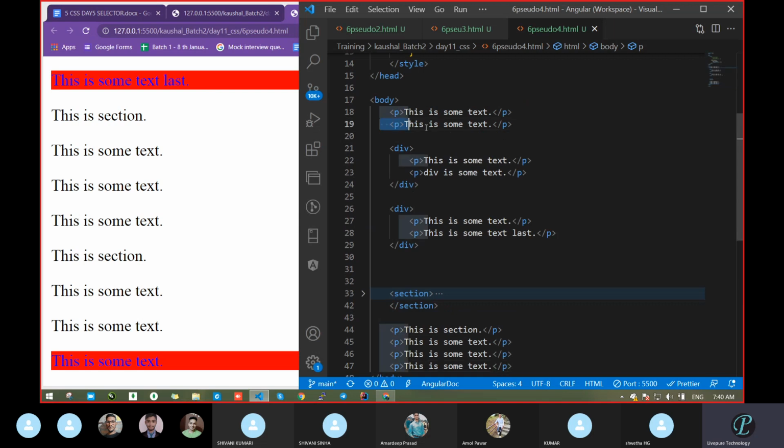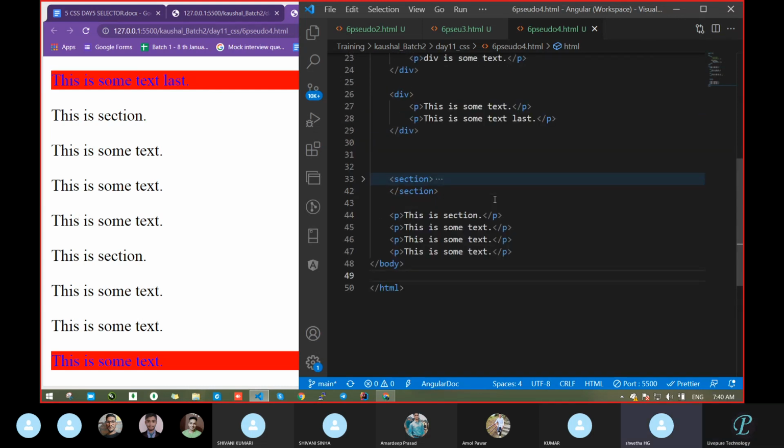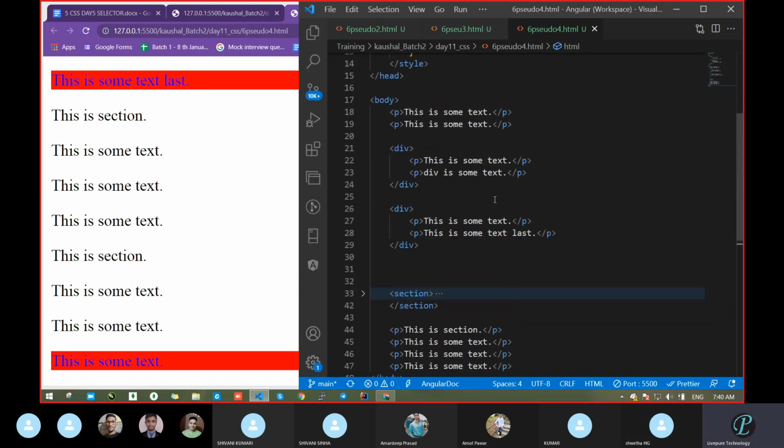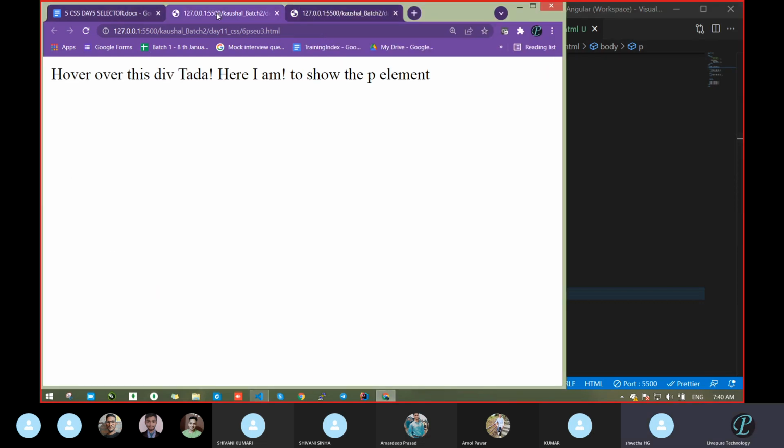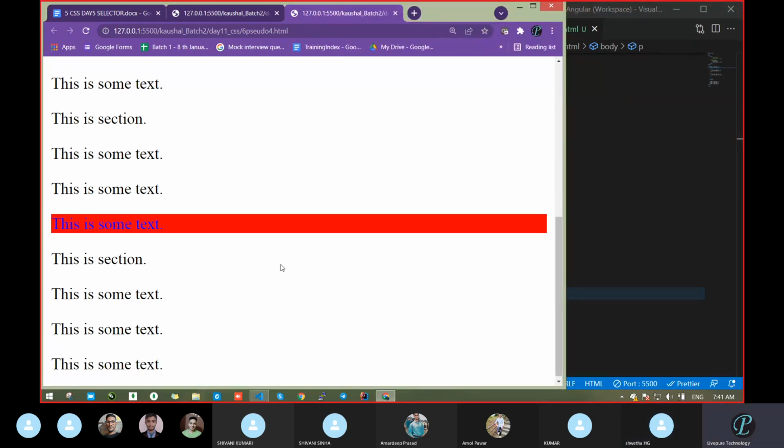Previously we were getting this one in the case of last child. So what do you think now? Will the output be this one also and this one also, or only the upper or lower? Line number 47. In the case of body, previously line number 19 was coming. So what will it be now? Will 19 be there or not? No, sir, 19 will not be there. Yes, sir.